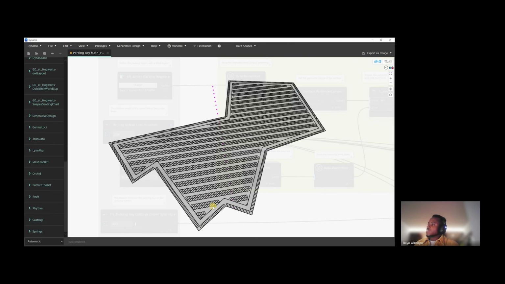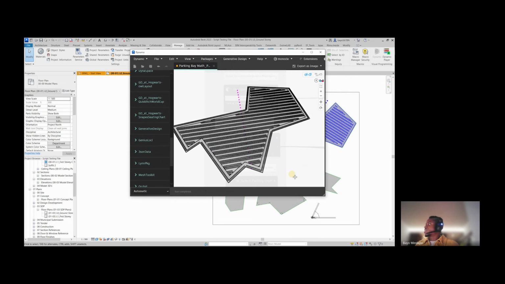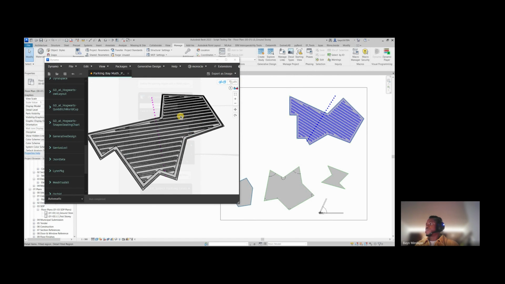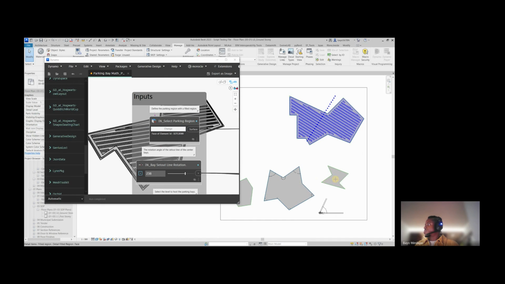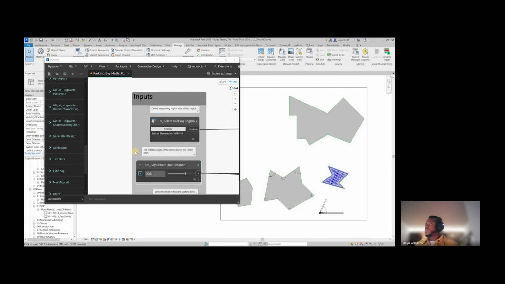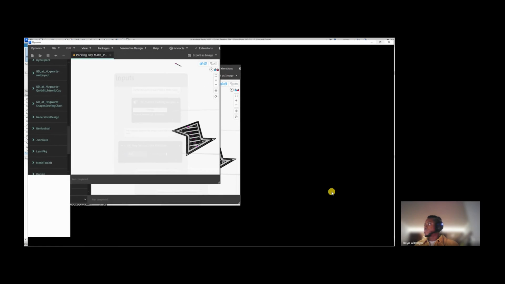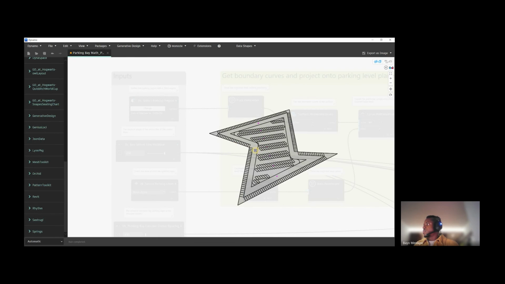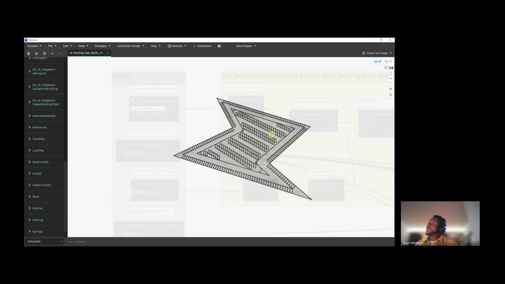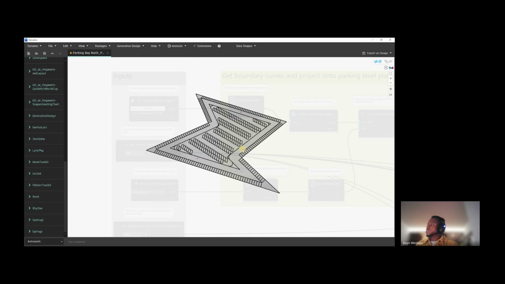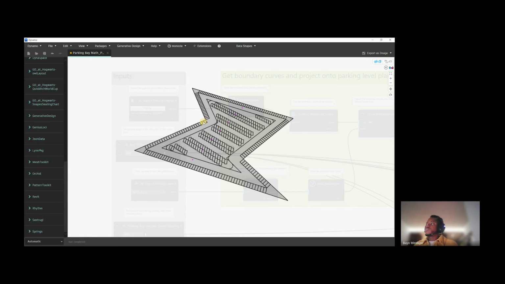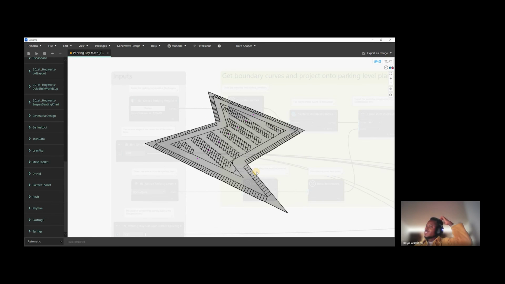So this is one you see here. There's lots of concave and convex corners. No problem, it works. If I change it to another one, change it to that one, which is much simpler, works, no problem. So any situation, as long as the perimeter curves are straight and you can work out angles. For curves, that will be a different script. But usually parking layouts, for what I've seen, are usually straight. So yeah,